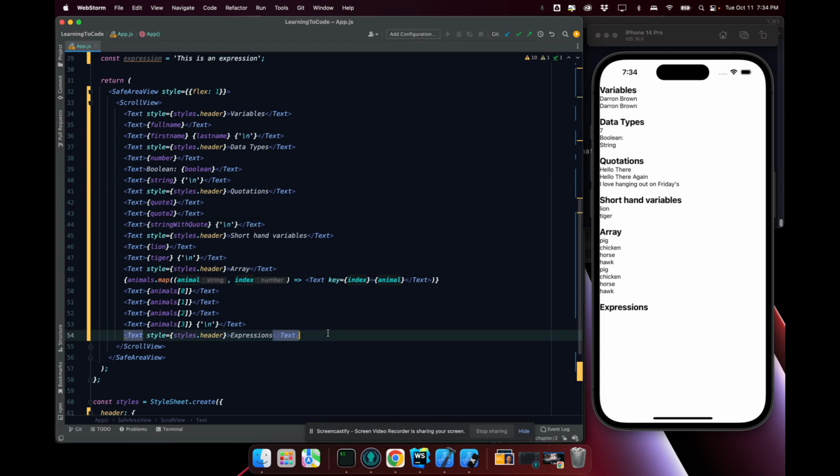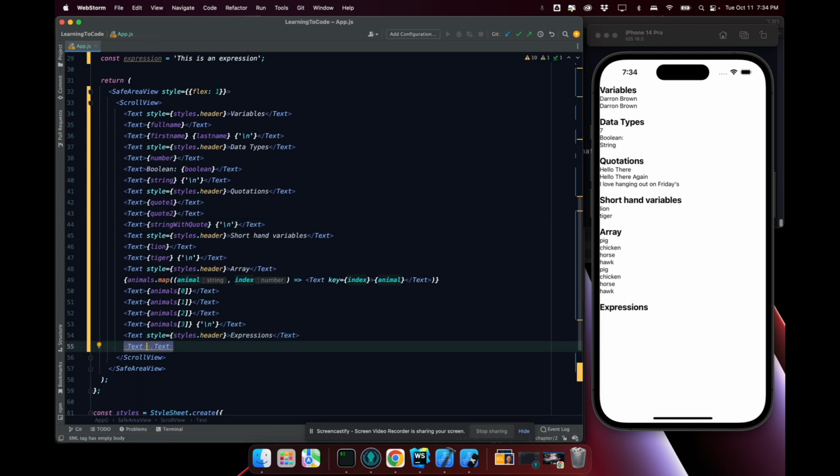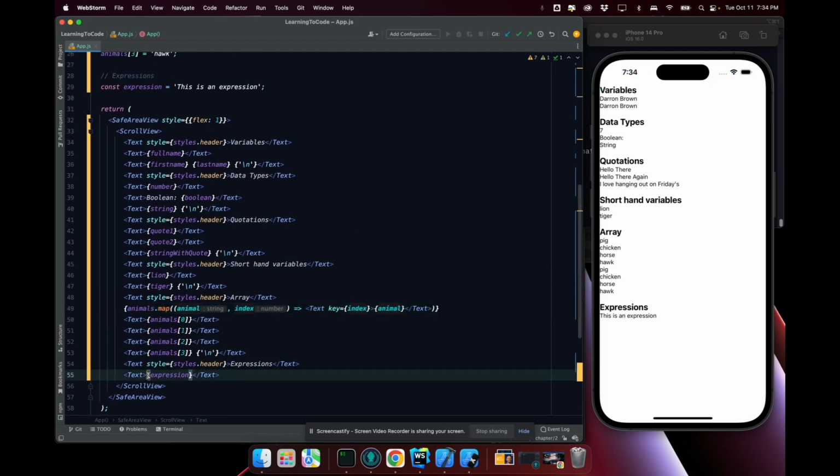Okay, so I'm going to pass in our expression. What we have right here, this is an expression. Let me go ahead and see what's the best way to do this. So go ahead and copy what we have here. I'm going to set this here. So yes, this is considered an expression. Constant expression is equal to expression. And then also we can